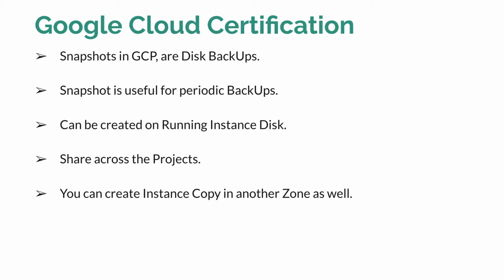So what you can do, you can take the snapshot of that disk, and snapshot is not a zonal resource, it can be shared across the project. So whenever you create the new instance in US East 1A, in the secondary disk, you can restore the snapshot which you have taken from the machine which was executing in US Central 1C. This way, you can copy the complete instance data from one zone to another zone machine.